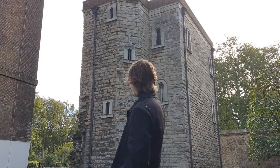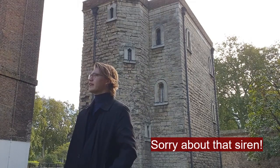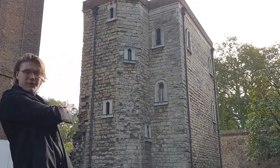So in 1365, construction was started on the Jewel Tower, which you can see behind me. Currently it doesn't look all that interesting, but I'm going to hopefully explain to you why it is so interesting. It was started as an extension to the Palace of Westminster, and it was used to keep all of Edward III's jewels, gold, silver, treasures, would all have been in that